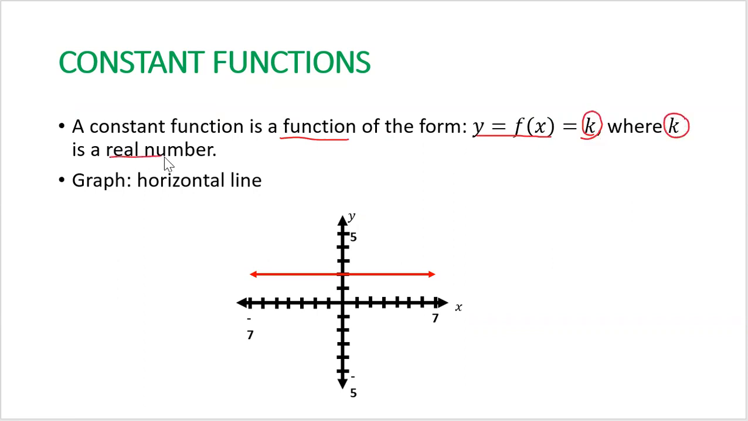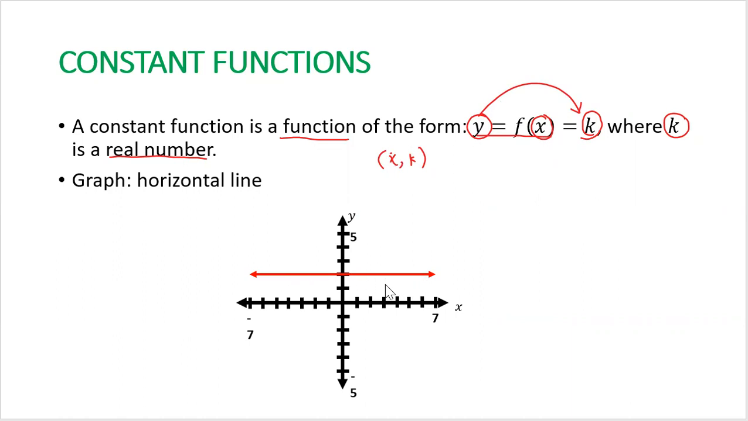is any real number. Now, the graph of a constant function is a horizontal line because whatever value of x we use, the value of y will always be equal to k. So which means that its set of points will be in the form x comma k. So if we plot all those points, it will just form a pattern that will result